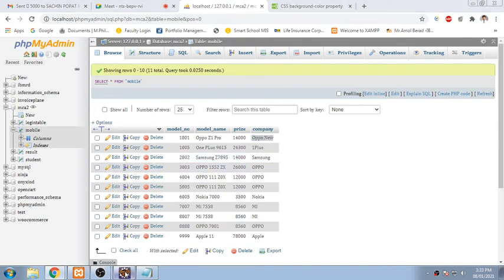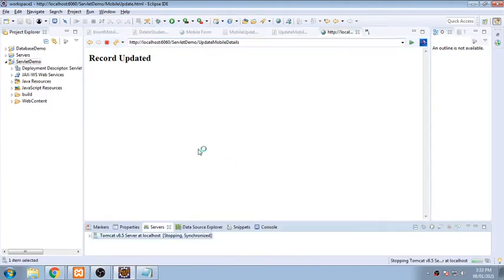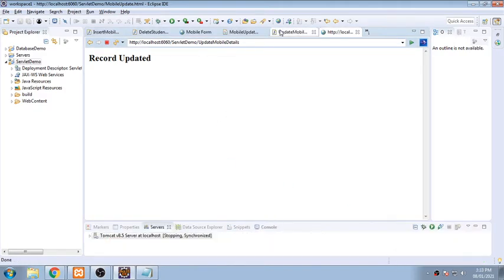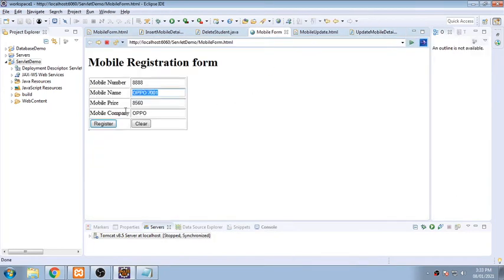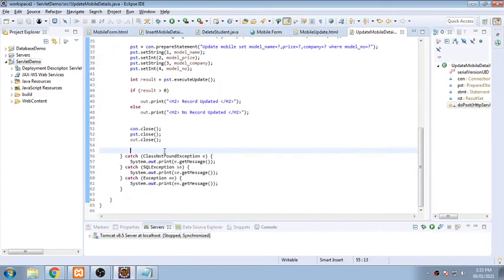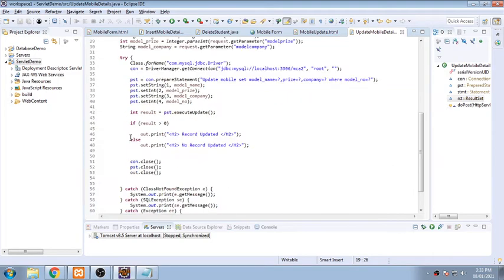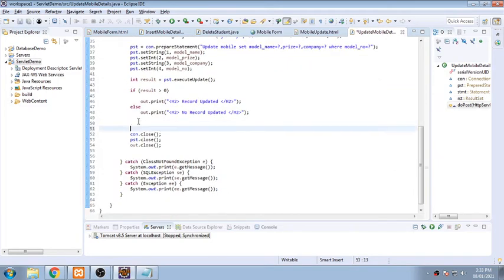Anybody? No, sir. Okay. Now the same program you can extend for displaying after it has been updated. So here we have only written code for updating. Now you can extend it for the purpose of displaying something on a screen also. So you can extend it.